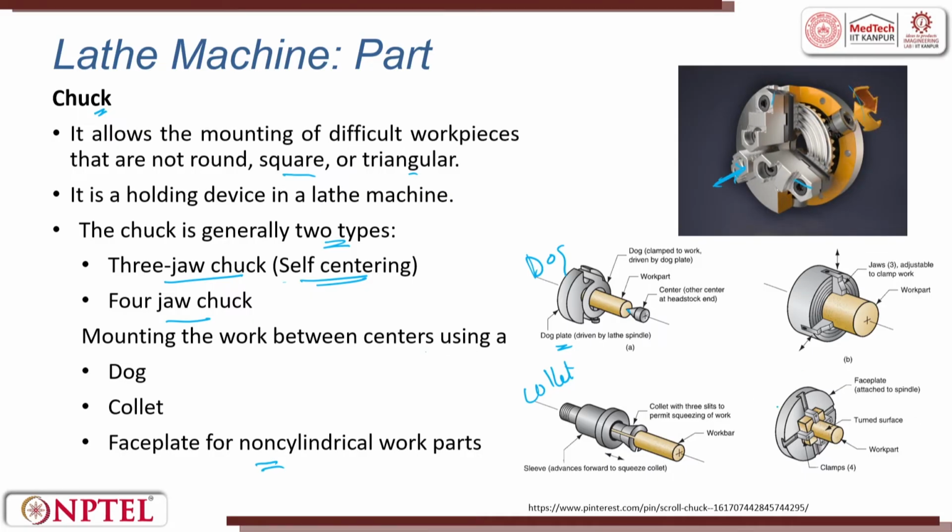So, this is 4 jaw chuck. This is 3 jaw chuck. This is 3 jaw. This is 4 jaw. This is 3 jaw. This is with dog and this is with collet. Okay. Collet will have something like an inverse taper and here the slits are made and the tool is stuck, and when you pull it, it gets locked. So, it is very interesting. You should see all those things. There are videos, so I would encourage you to look at videos to understand in more detail.